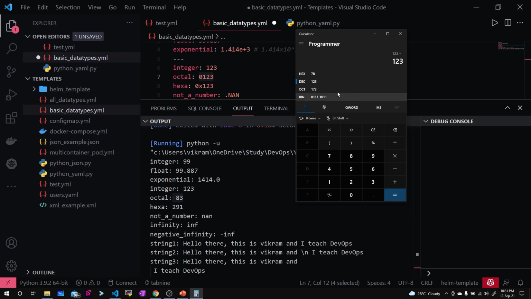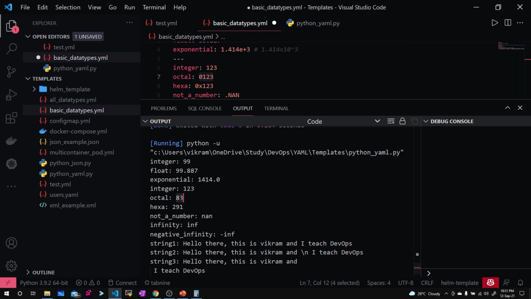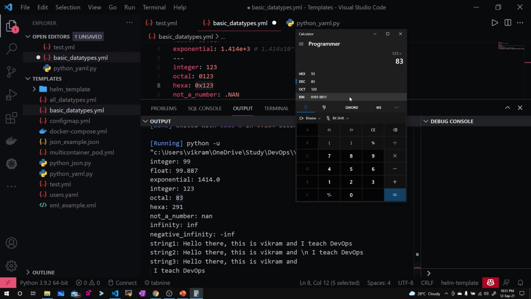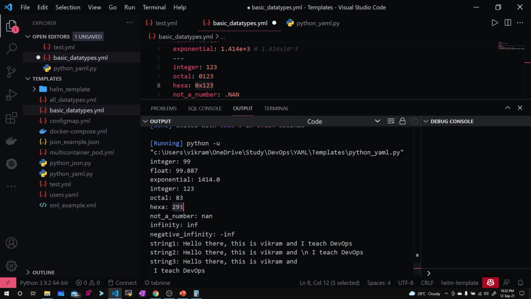One second guys. For 0123, I have to click on octal here, then give 0123. You can see the decimal value is 83, that is what is shown. And the hexadecimal of 0x123: I can select the hexadecimal input here, then I'll use 1 2 3. The decimal value is showing as 291 here,